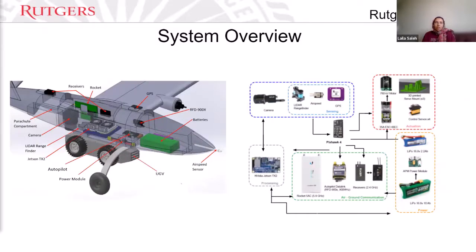The Pixhawk is connected to a suite of sensors like airspeed and GPS and communicates with the Jetson TX2 computer, which is responsible for communicating with Pixhawk and connecting with the Blackfly camera for image processing. The team uses the Ubiquiti Rocket Wi-Fi station to transmit imaging data back to the central control server, and the telemetry is done through the RFD 900X modem with traditional RC control through the 2.4 GHz FrSky receivers on